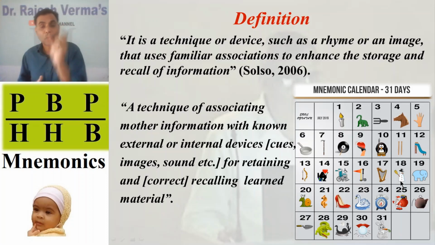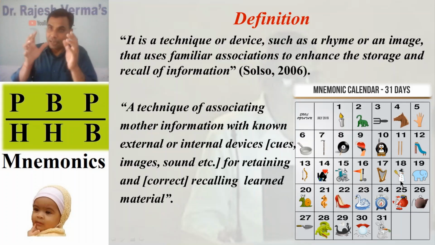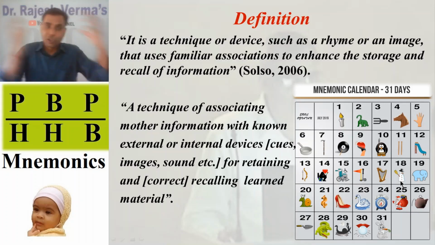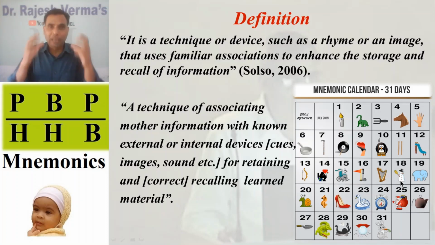But here you have to correctly recall the information. So mnemonics helps you in retaining as well as correctly recalling the information. External cues are associated with the mother information, so that when we need to recall the mother information, these cues come in handy and help in recalling that information